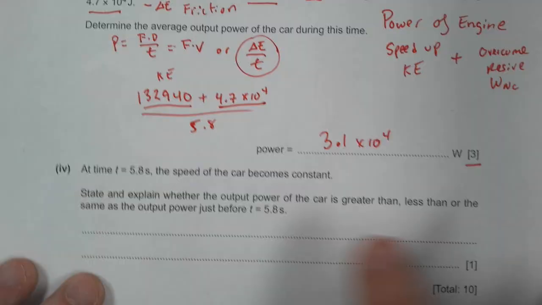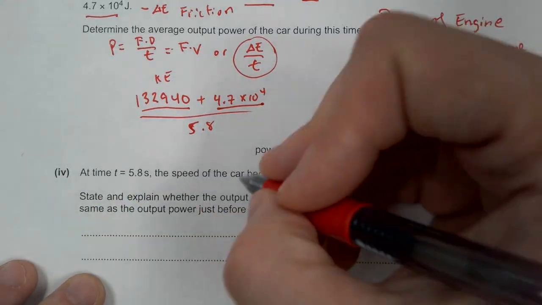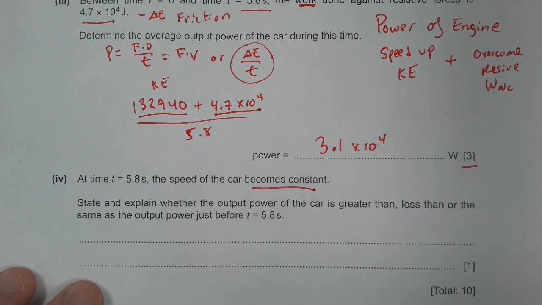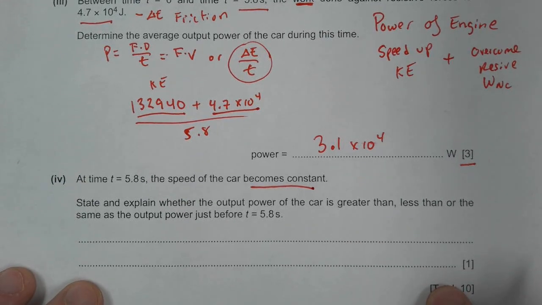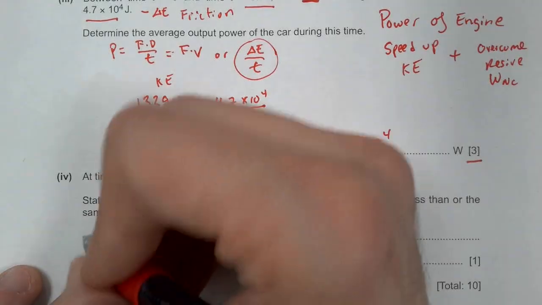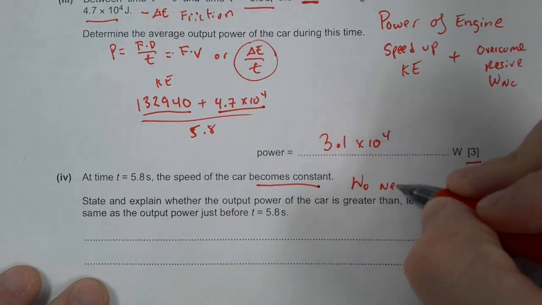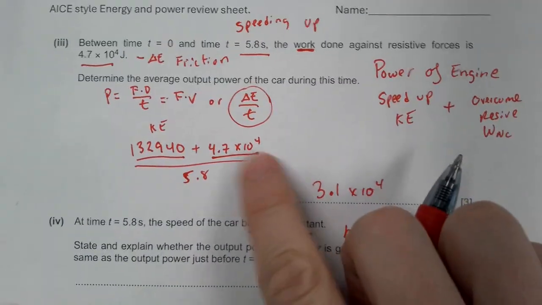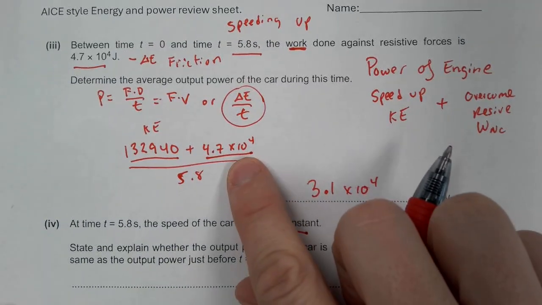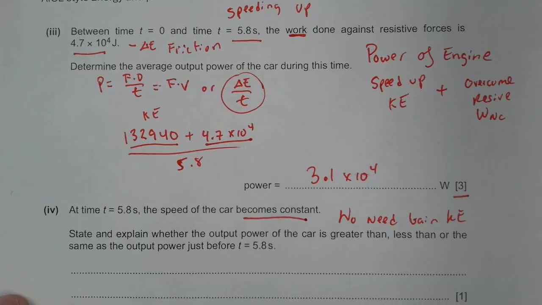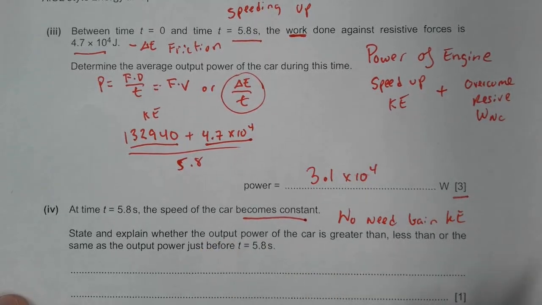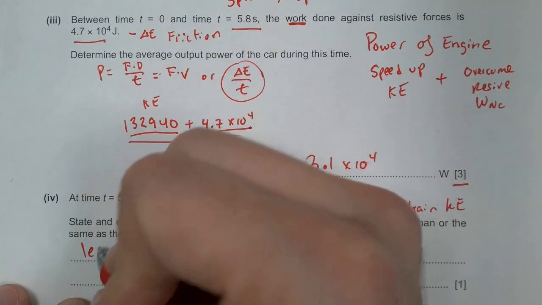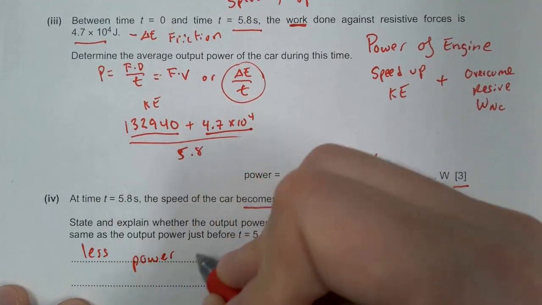Whew. After 5.8 seconds, the speed becomes constant, so we're no longer speeding up. If we're no longer speeding up, do we have to continue to gain kinetic energy? No. So we now have no need to gain kinetic energy, which means we're just going to have to deal with this air resistance part. If you're only having to deal with the air resistance part, are we going to have a greater or less power? We won't need as much power. So we will have less power output